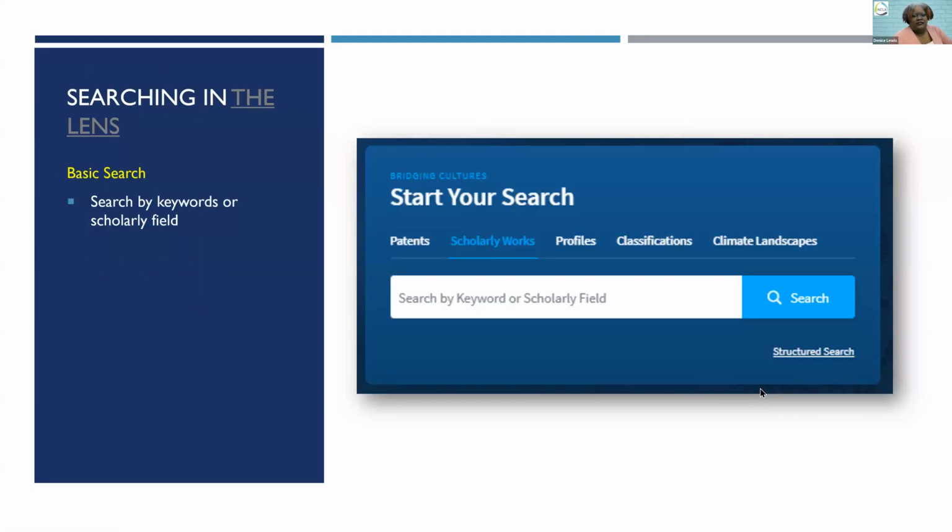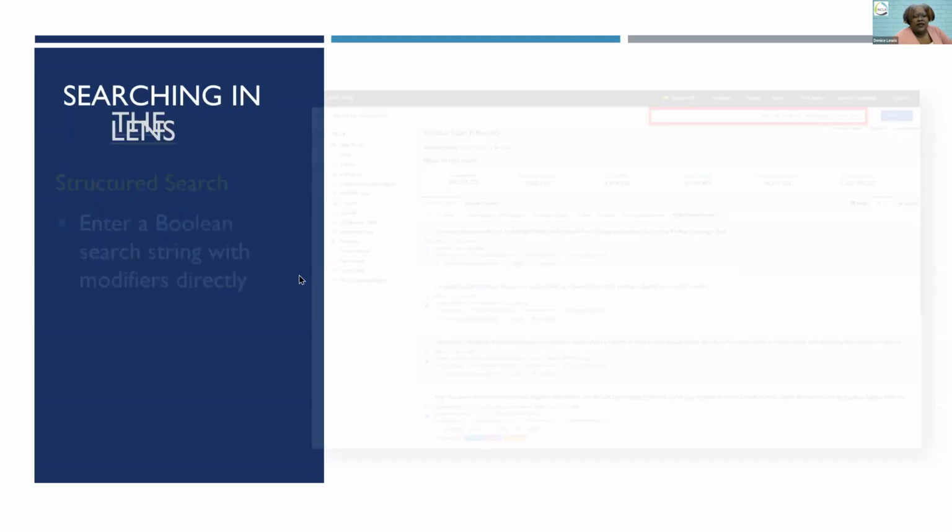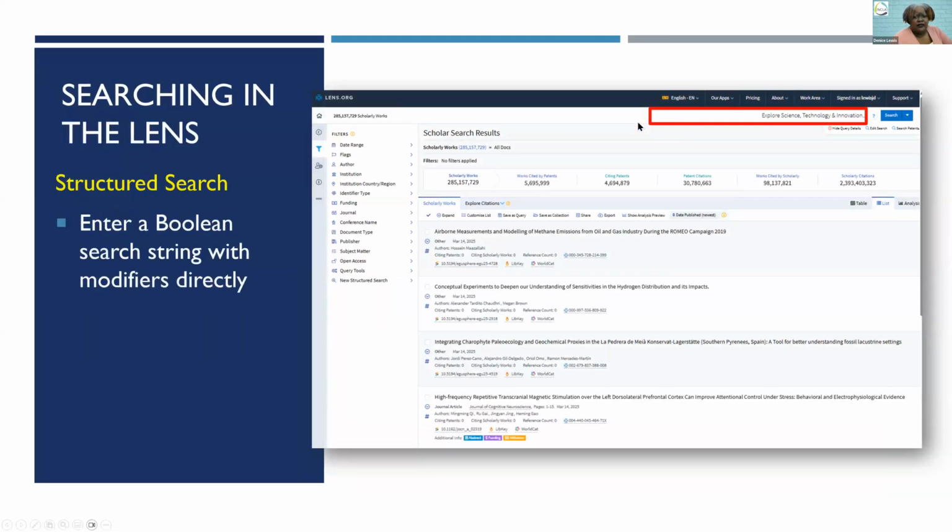So if we're looking at Lens, over in the lower right-hand corner where you can enter in your actual search is where it says structured search. So if you were to click on that, that would actually open up and show you all of the articles that the Lens actually has. And then the upper right-hand corner is where you can basically type in your search string. So you can enter a Boolean search string with modifiers. Lens actually has